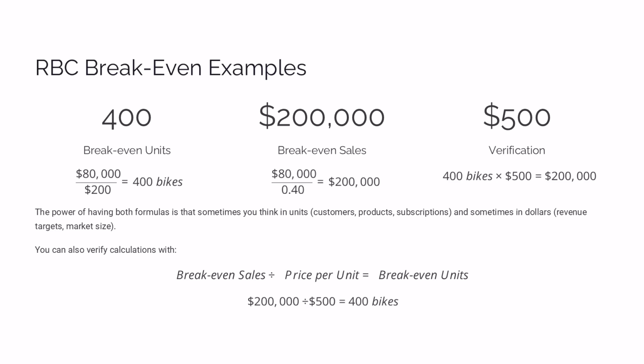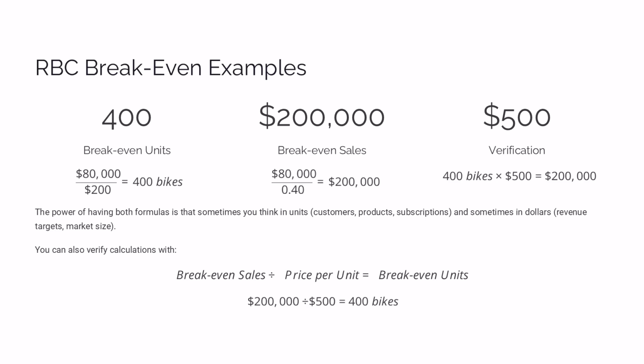Think about how this applies to your own life. If you're considering starting a tutoring business with $500 monthly fixed costs for advertising and materials, and you charge $50 per hour with $10 in variable costs for transportation, your $40 contribution margin means you need $500 divided by $40 equals 12.5 hours per month to break even, which suddenly makes that side hustle seem very achievable.